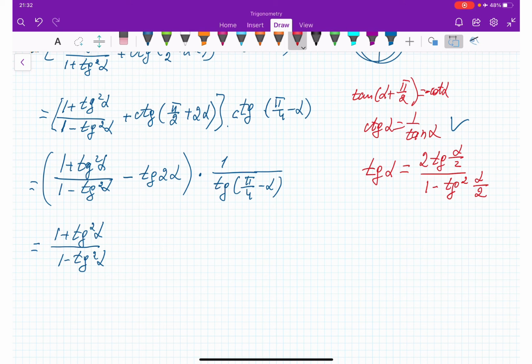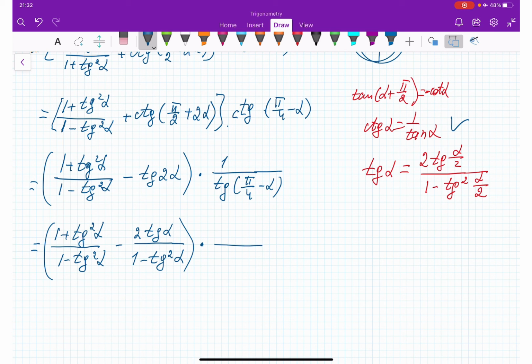So since I have tangent 2 alpha, it's going to be minus 2 tangent alpha divided by 1 minus tangent squared alpha. Okay? And that is multiplied by